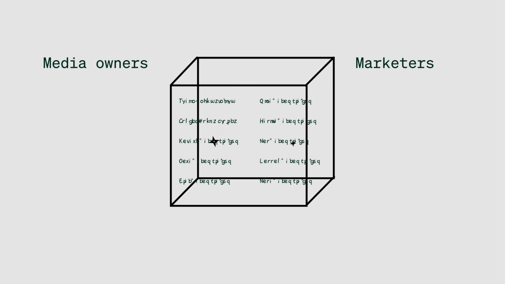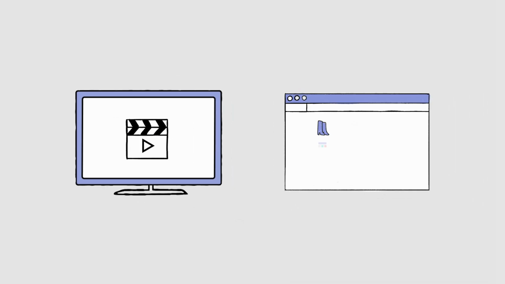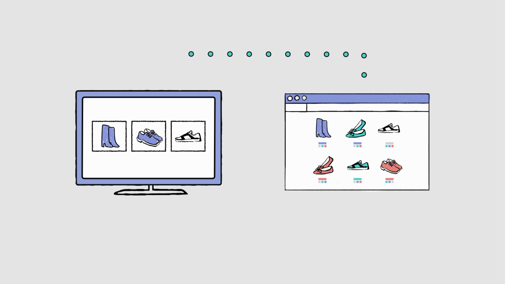For example, say I'm logged into a streaming platform while watching a great new movie. As a subscriber, my account will contain data like my email address or phone number because I agreed to share it with the platform. Let's also say I'm a repeat customer of my favorite shoe brand, and I'm on that brand's email list. With PAIR, the shoe brand can serve me an ad for its new sneakers while I'm watching the movie on this streaming platform